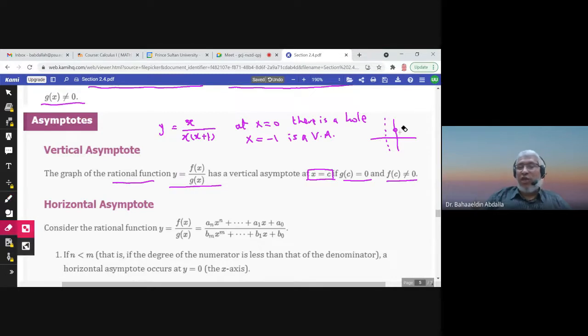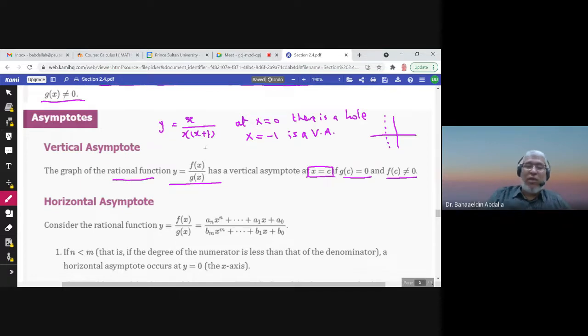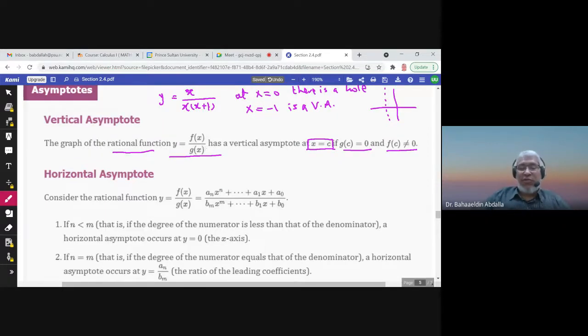So differentiate between holes and vertical asymptotes. To be a vertical asymptote, it has to be a zero of the denominator, but not a zero of the numerator. For horizontal asymptotes,